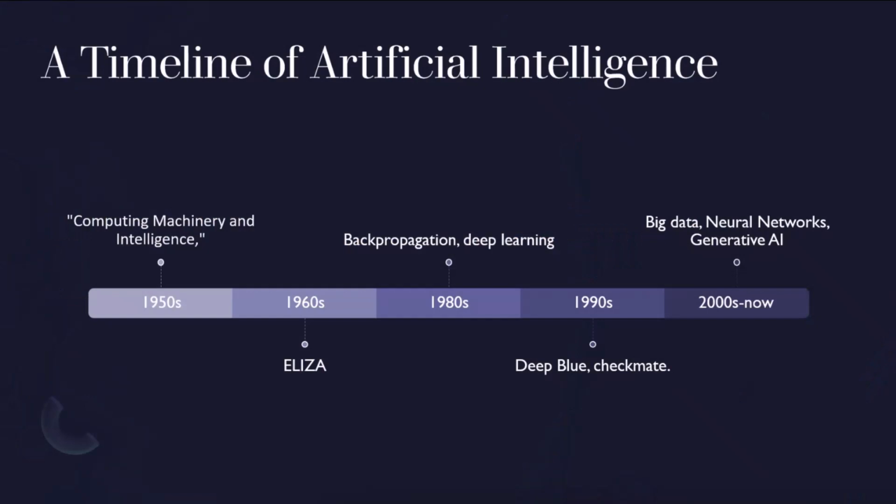So here's a little bit of history, and this might surprise you, but the history of AI goes way back. In the 1950s, there was something published called Computing Machinery and Intelligence by a guy you might have heard of, Alan Turing. And this was actually where the Turing test was first proposed. And it's a method for determining if a machine can actually exhibit human-like intelligence. Essentially, you have a computer or a person, you can't tell which, on the other side of a wall, responding to questions.